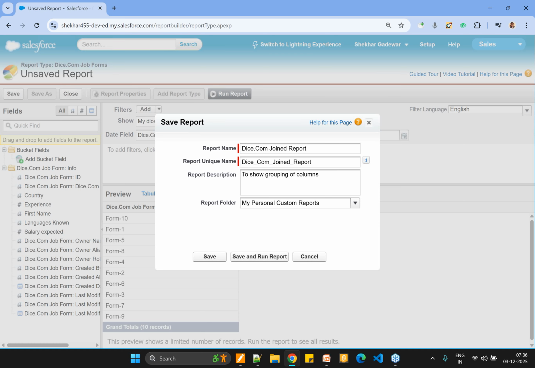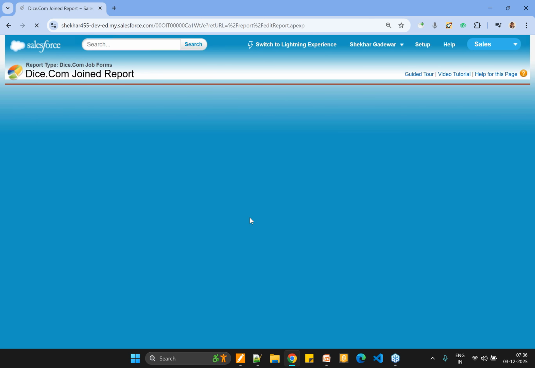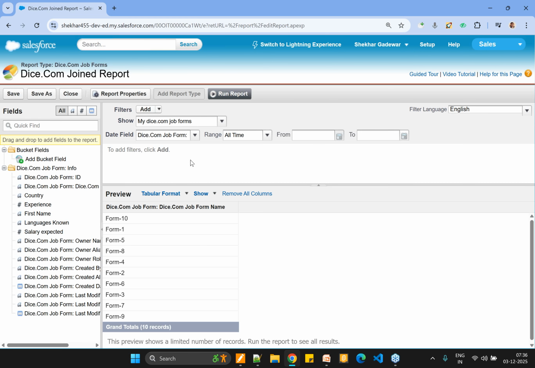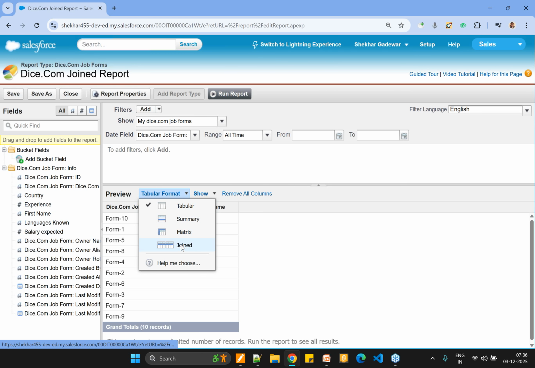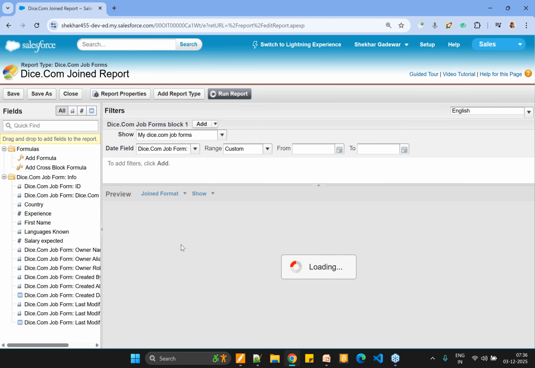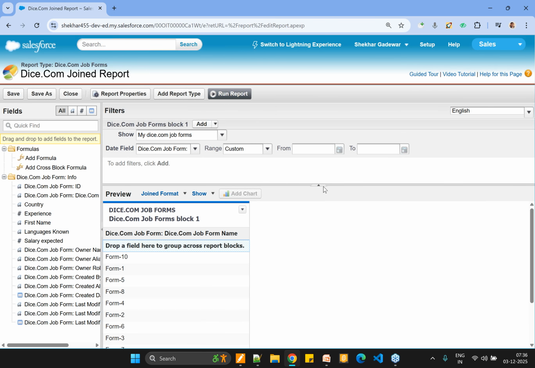So grouping of columns we want to do, and finally we should select unfiled public, save. So just click on this and join report,